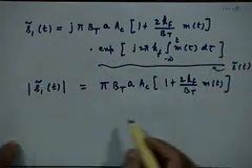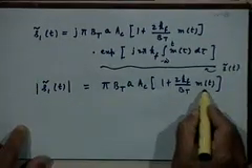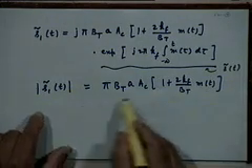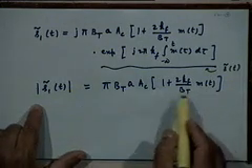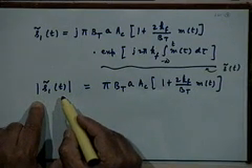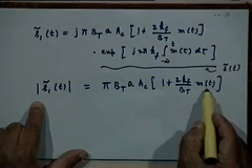This equation shows that the output envelope of this circuit depends linearly on the input message signal m(t), as we want,